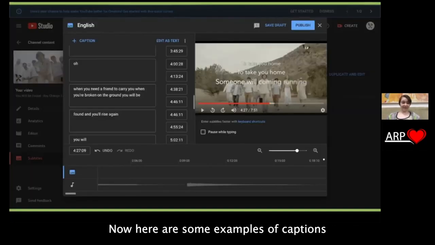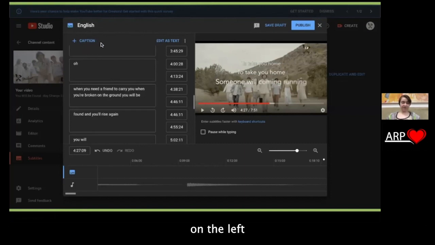Now here are some examples of captions in practice. This is the back end of YouTube's caption editor. As you can see, the captions that YouTube auto-generated are over here on the left, and just to the right of it are the timestamps of where each caption block will start and end. At the bottom, you get a horizontal view so that you can scroll through your waveform and make sure everything's lining up properly, and you can also see the visual reference for the video in this final box